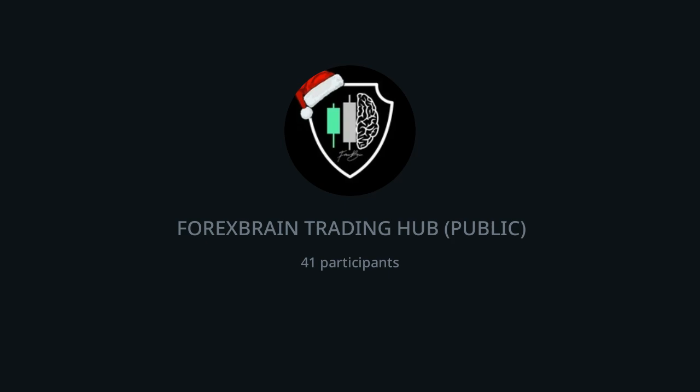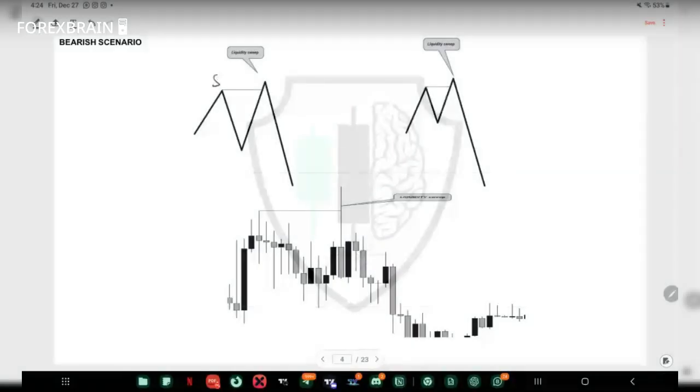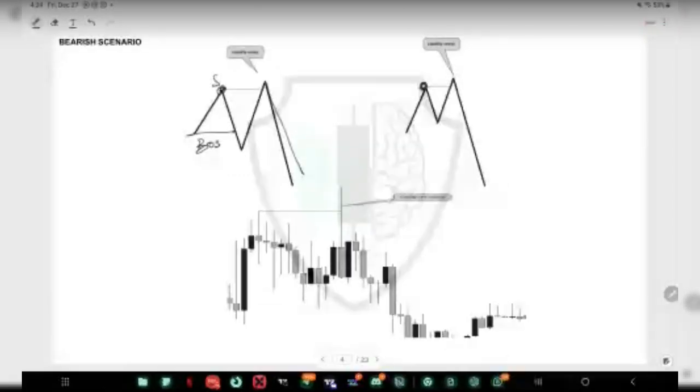We have two types. Some would have already had a break of structure, right? A BOS to the downside. So price will go to this high, take the high, and then drop. Another one is just an old high, whereby price without a break of structure is still a sweep. Do you understand? So you can see this one did not break structure to the downside, but this is still a sweep. So this is what we term as the protected high.